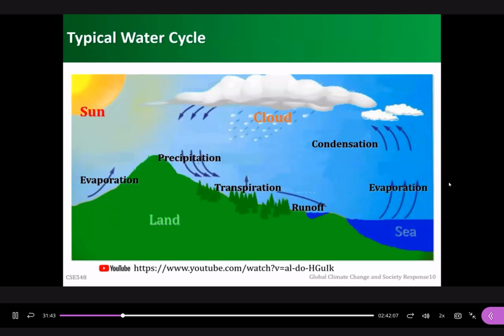And so for the temperature increase caused by climate change, each part of this cycle will be affected. The first step is that the evaporation will be enhanced by the temperature increase, because the seawater temperature will also be increased slightly. It will enhance the evaporation. It means there will be more water vapor in the atmosphere.